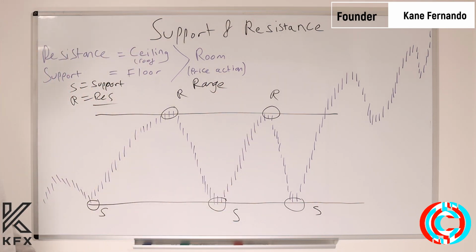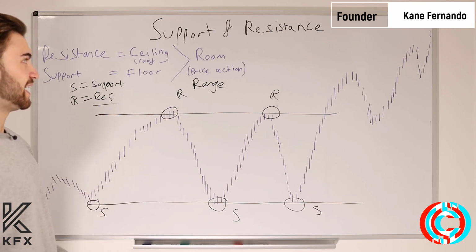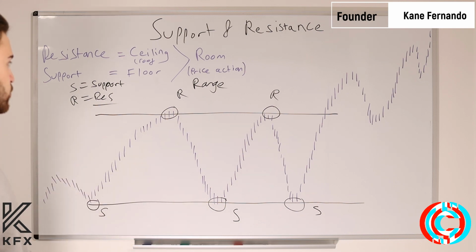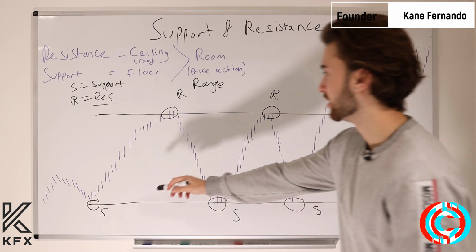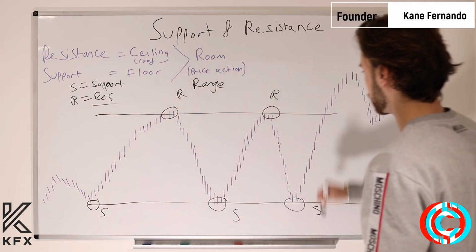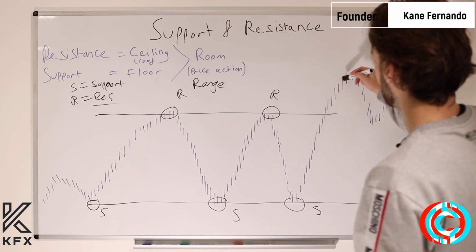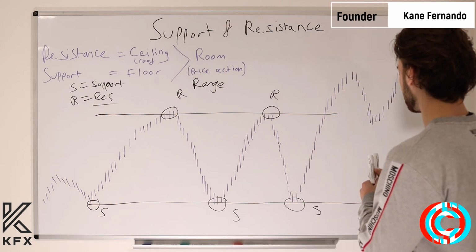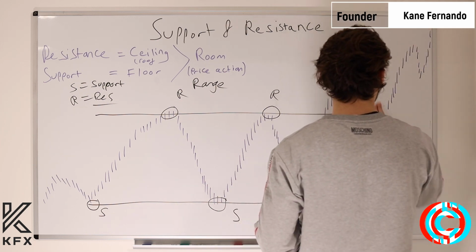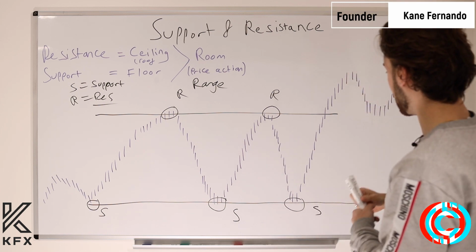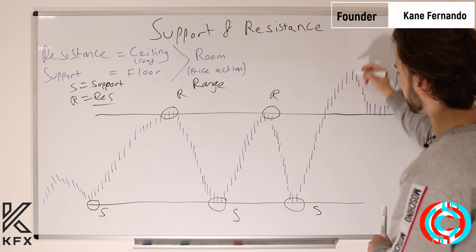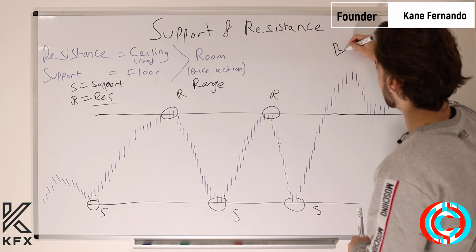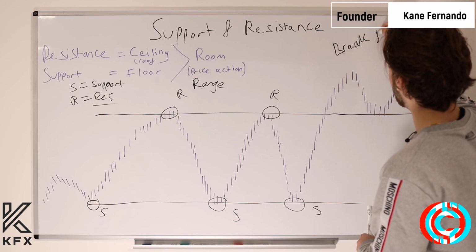We can use these points as important areas to take notice of, because price won't always be in a range. It's usually making new trends. So like here, it's broken out, and guess what happened? If I neaten this up a little bit, what happened? Price came down to this resistance zone, the previous resistance, so it broke. So this is called a break and